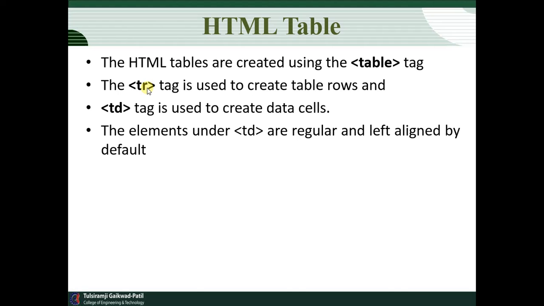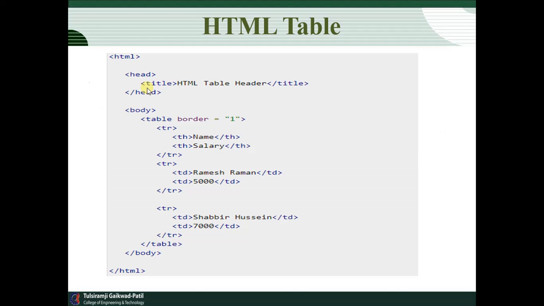Table again has its attributes. The table border indicates the thickness of your border. Again it has cell spacing and cell padding, which are again a very important part. What do cell spacing and cell padding indicate? That is required while dealing with the table. Now we are going to discuss an example of a table, how we create tables.